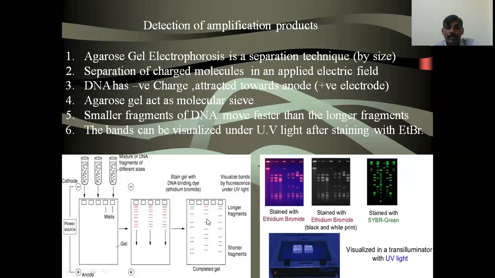The DNA bands are visualized with the help of the staining process. After completion of the gel electrophoresis, after separation of the strands, we stain with ethidium bromide or SYBR green compound, and when illuminated, we can visualize the DNA bands under the transilluminator with UV light, nearly 230 to 280 nanometer band. So these bands appear like this. These are the different bands. These are the final products of the PCR. We can easily detect them by the gel electrophoresis process.